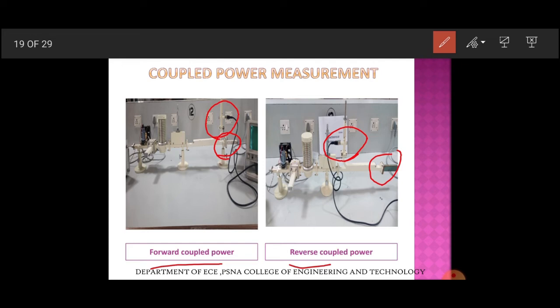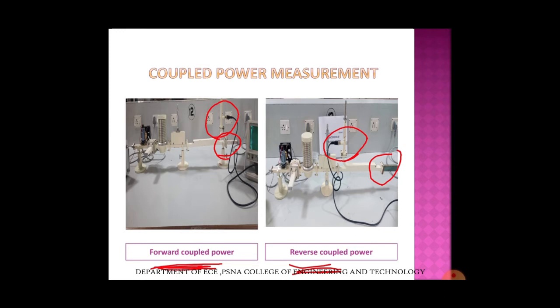So as we have mentioned, only 10% of the coupled power will be obtained in the forward power calculation, and in the reverse direction, the coupled power obtained will be 0. The reason behind it is that we are using waveguide couplers, which are always forward couplers. That is, the direction of the coupled power is opposite to the direction of flow of the microwave signal in the forward arm, while we are using the coupler in reverse position.